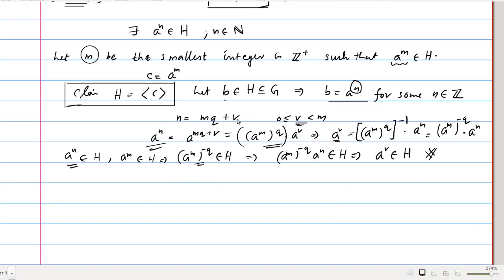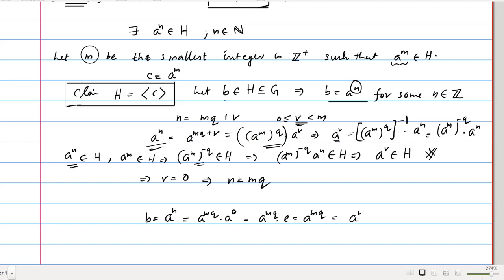Okay, if this R is positive, then we can get a contradiction. This contradiction leads to the statement R is equal to 0. Then we can get N is equal to M cube and A raised to N, that is our B. A raised to N can be written as A raised to M cube, since A raised to R is equal to 0. So A raised to R is equal to identity, R is equal to 0, then A raised to 0. We have A raised to M cube times identity,